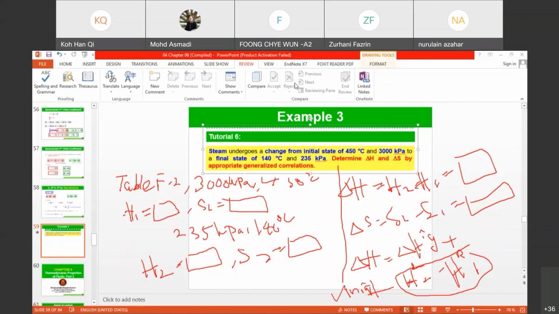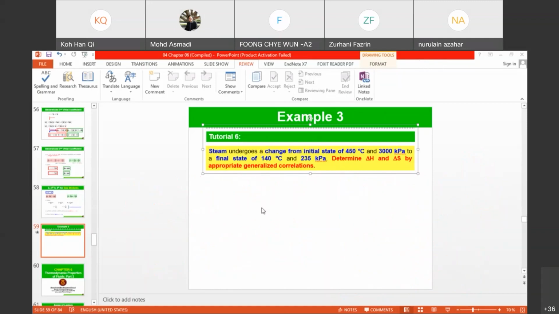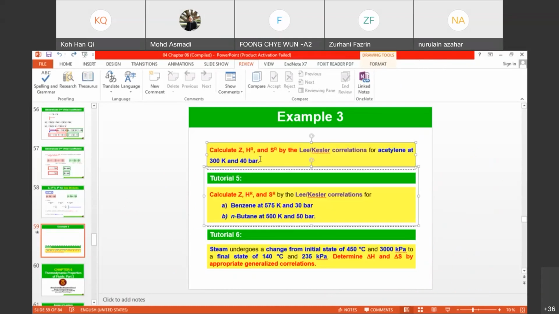Is it clear? Before we stop, I want the answer in the next class. Give me the answer. This one, HR, SR, I want to know. Any more questions? If no questions, that's all because